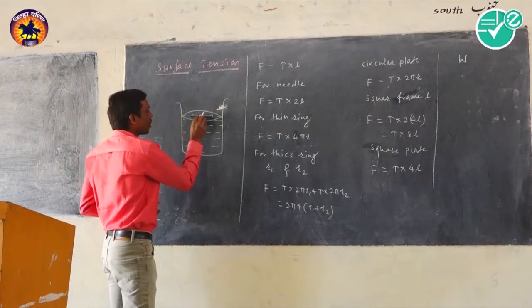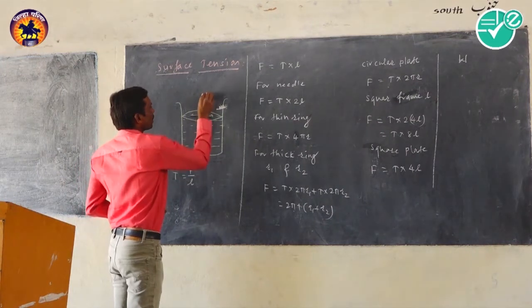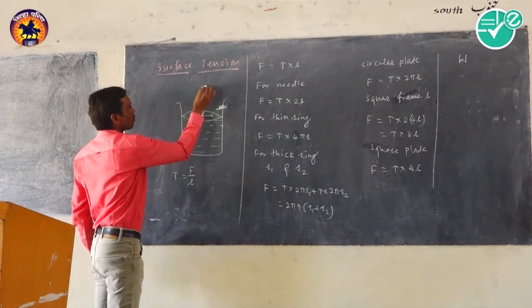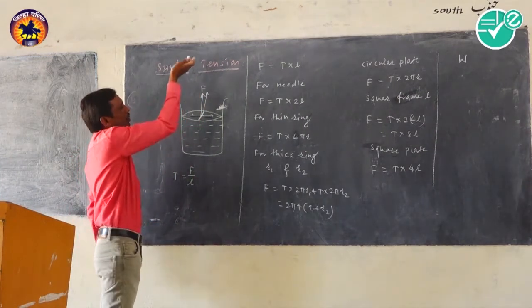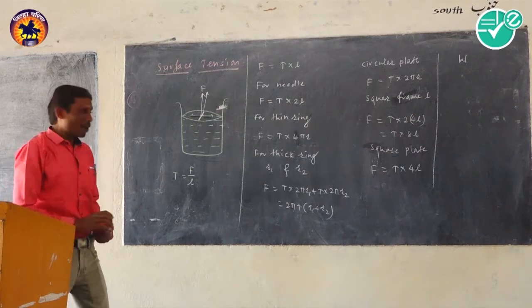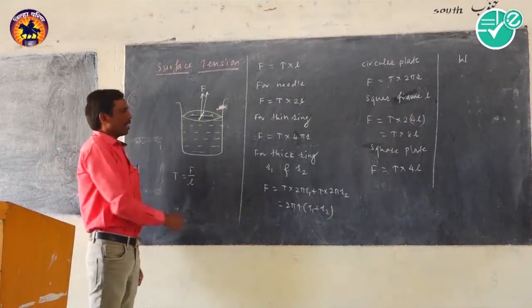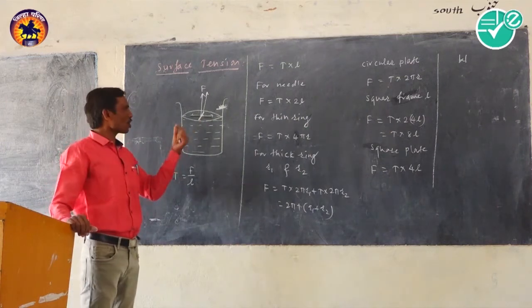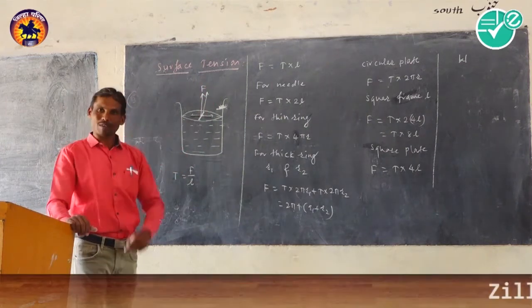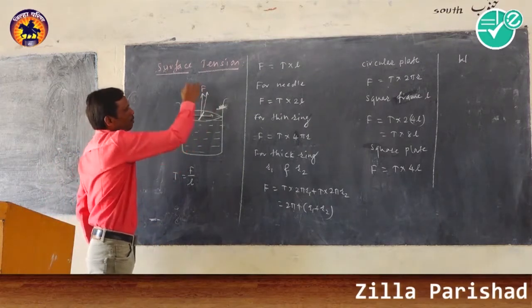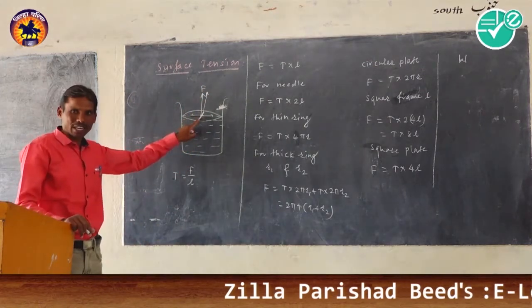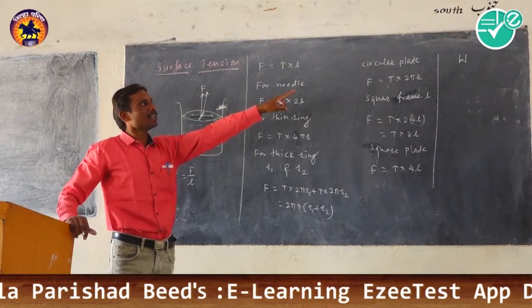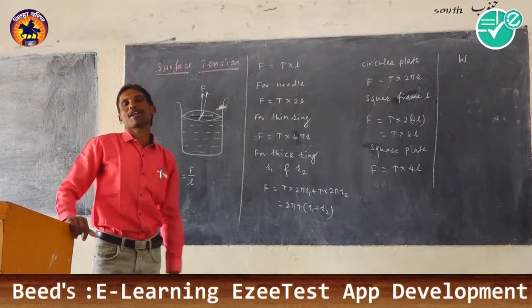So the free surface of the liquid near that object becomes approximately vertical. The tangent drawn to the free surface of the liquid becomes approximately vertical. So the force due to surface tension acts vertically upward. But at the same time, a normal reaction is also exerted on that object, and that normal reaction force is equal to the weight of the object. So the net upward force experienced by the object is the force due to surface tension plus the weight of that object.